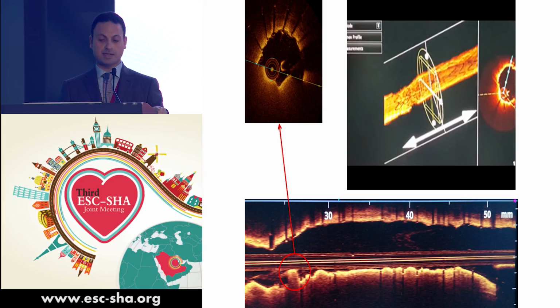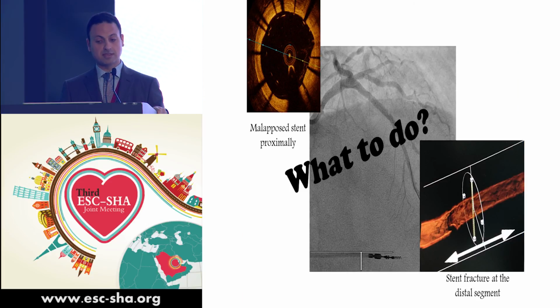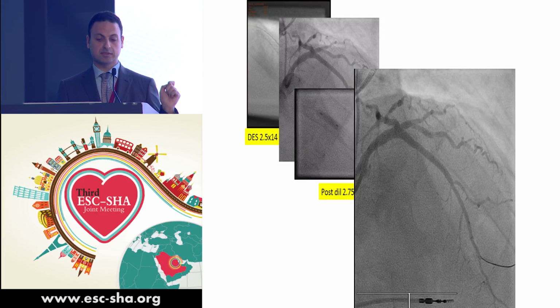I have a stent fracture. This is why I'm having this filling defect. So I have a stent fracture at the distal part. I'm having a malapposed stent proximally. So what to do? I measured the area of the stent fracture by OCT and decided to stent inside the stent